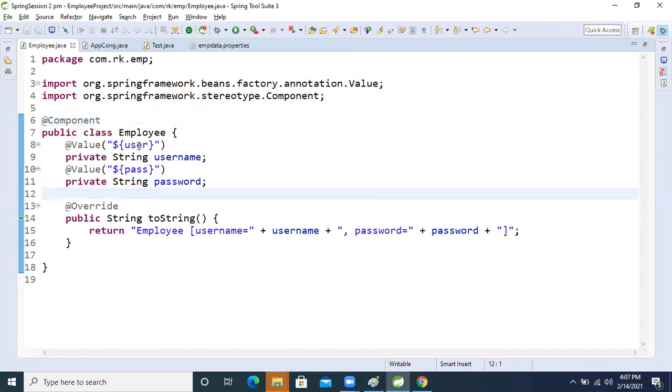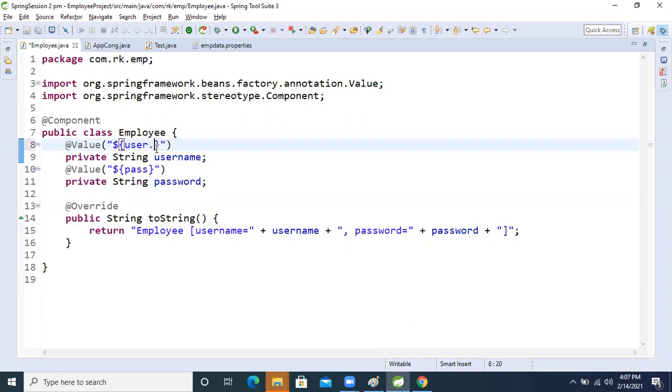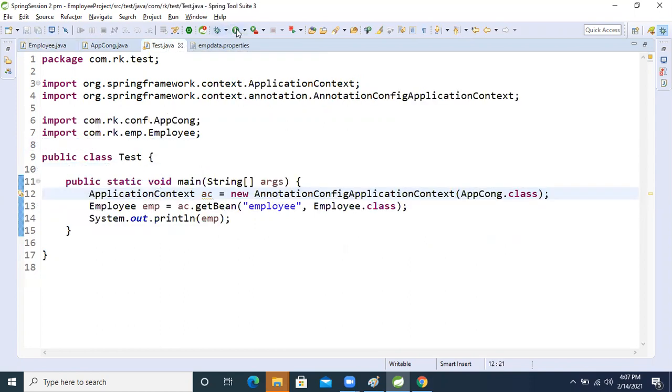See how we are working with the property file, and this is just an expression. If we want to apply an expression, just dot toUpperCase. Now let's run it and see that.